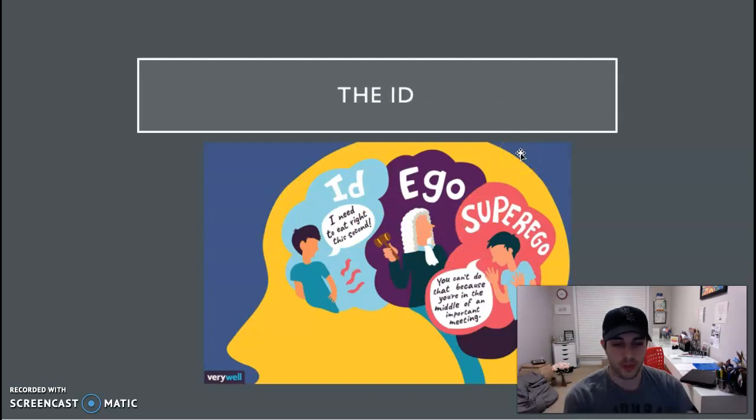So the first level is the id, which is the pool for instincts and libido. It supplies all the energy for the ego and superego because it's actually quite strong, quite powerful. The id strives to satisfy the bodily needs, operating in a way Freud termed the pleasure principle, where the id avoids pain and maximizes pleasure. Immediate gratification is what it wants, so it is selfish and primitive, and it has no understanding of reality. You can think of it as a baby, because they must satisfy their hunger needs, a very deep desire that they must satisfy, yet they have no understanding of reality. This is termed primary process thought.